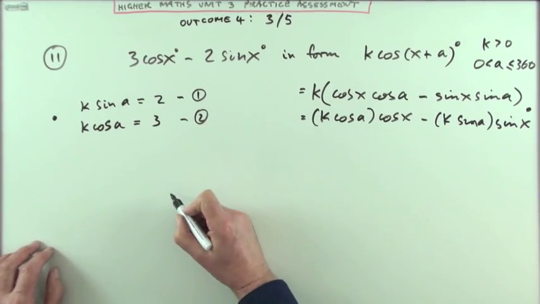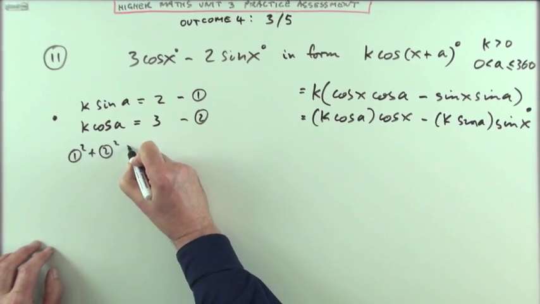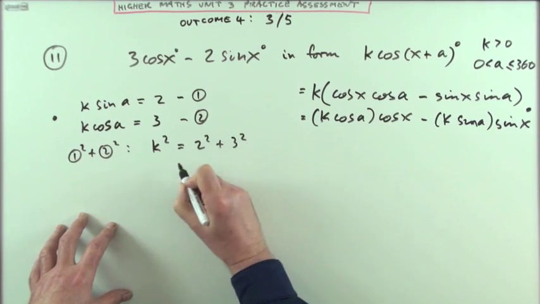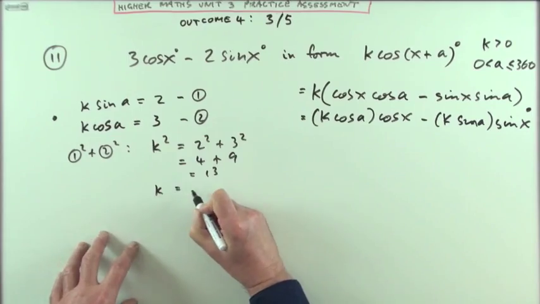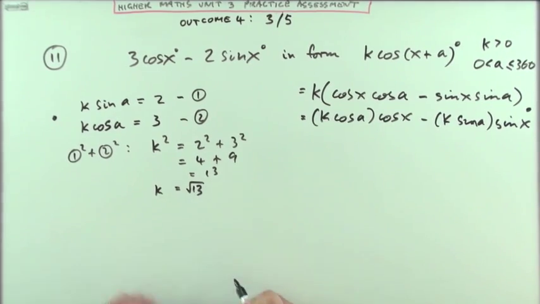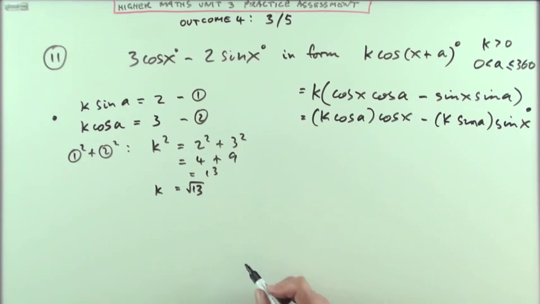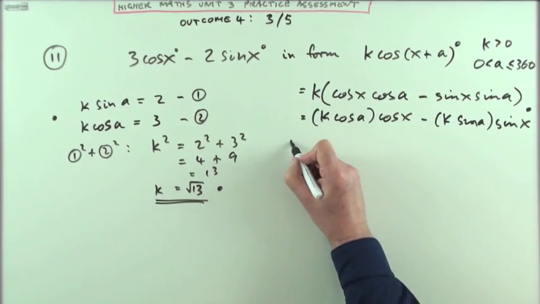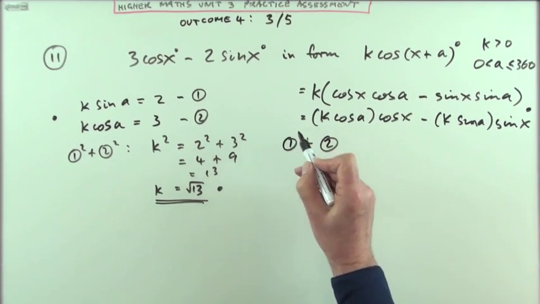I'm still going to set it out. How do we derive the results? If you square and add the equations, you'll end up with k squared is 2 squared plus 3 squared. That's 4 plus 9, which is 13. k equals root 13, and of course it's a positive value, it says that there. So I'm only taking the positive root. That's a mark. And if you take the equations and divide them, making sure you're dividing the sine by the